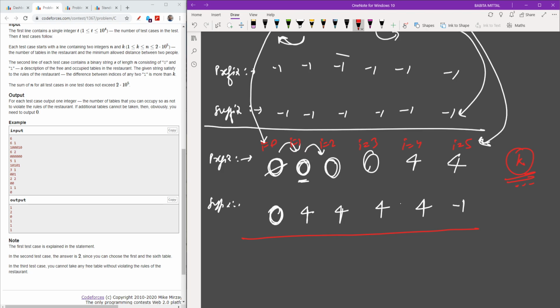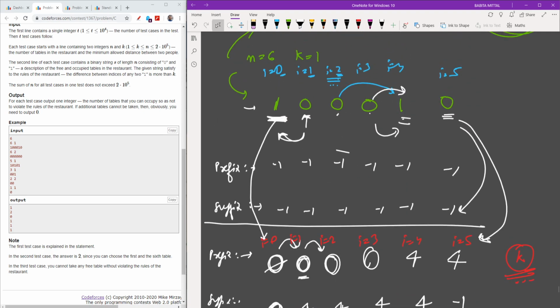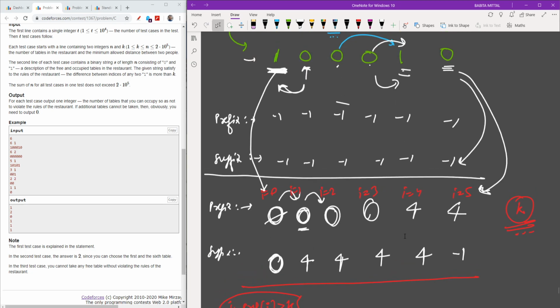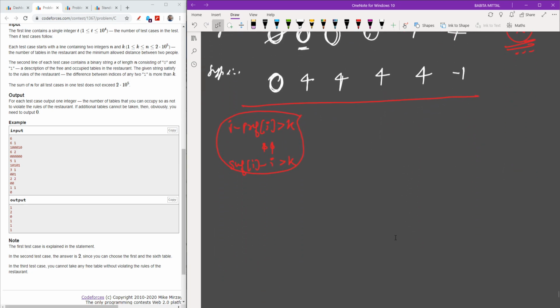So I will check if I minus prefix of I is more than k, and suffix of I minus I should also be more than k. If these two conditions are satisfied, then I can update my value, which was 0, to 1.